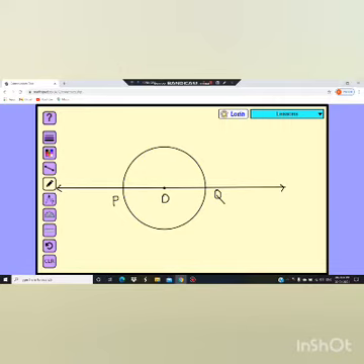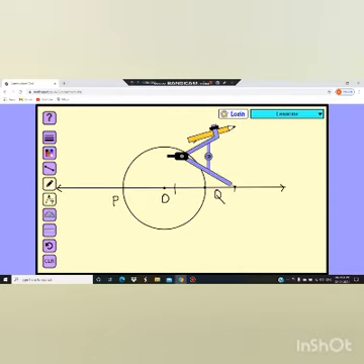So how we will do it? Take a rounder, keep the rounder on point Q, less than OQ's distance, take it in a rounder, and with that on left hand side and right hand side we have to draw the arcs. Okay, first I will show for the Q and then for the P. Now the next step is take the distance between these two arcs. Okay, and now what to do? Upside and downside we have to draw the arcs.